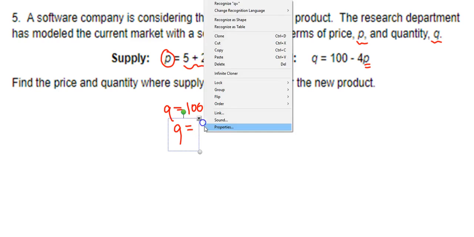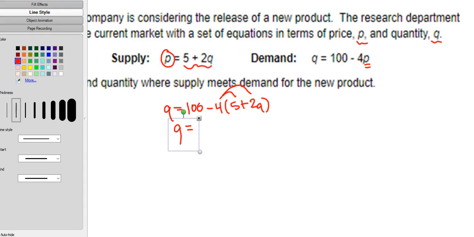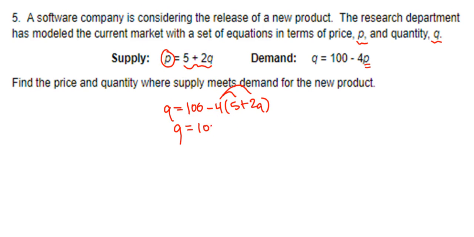I've got Q is equal to 100 minus 20 minus 8Q. Let's go ahead and get our variable terms on the same side. This is a negative, so I want to move it over here to make it positive. Just makes life a little easier on me. That is equal to 100 minus 20, which is 80. So here I've got Q equals 80